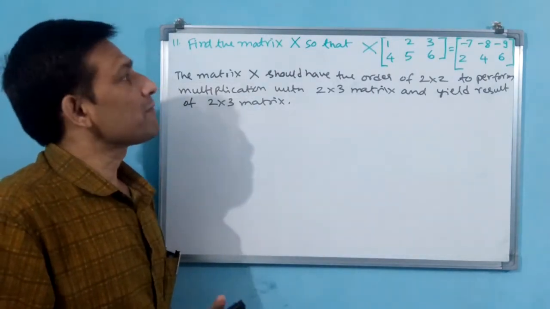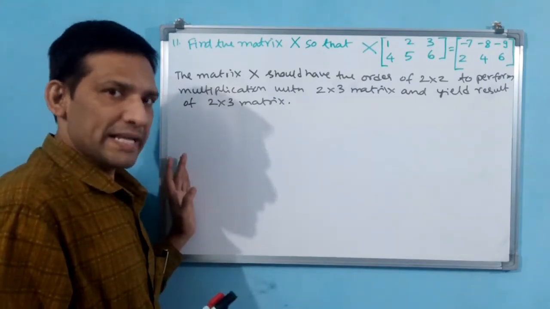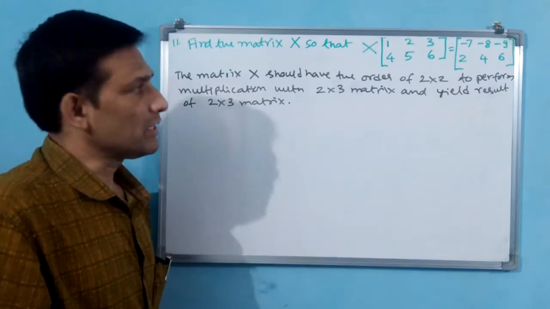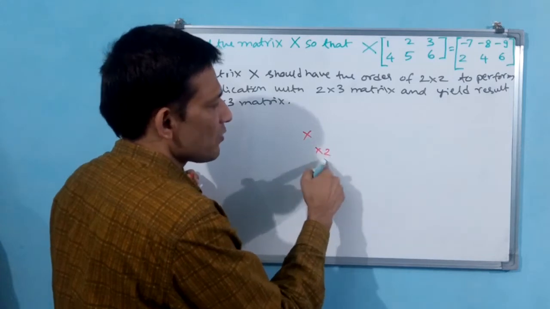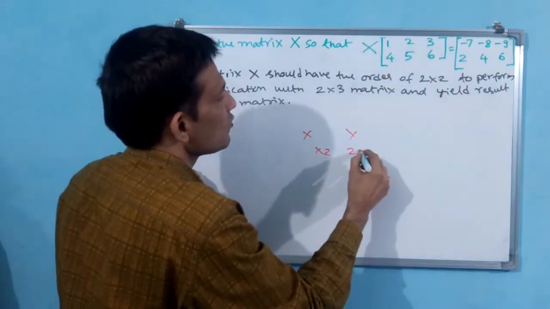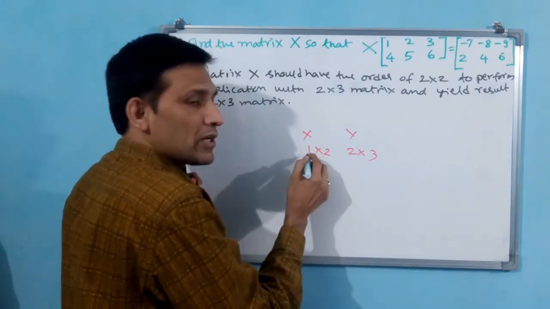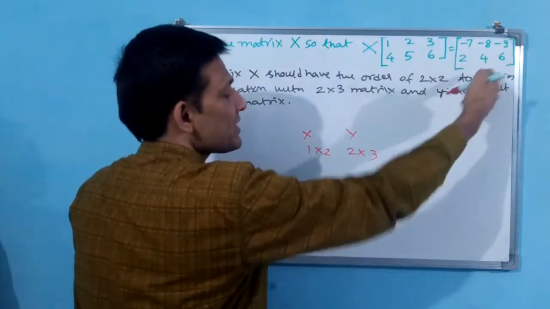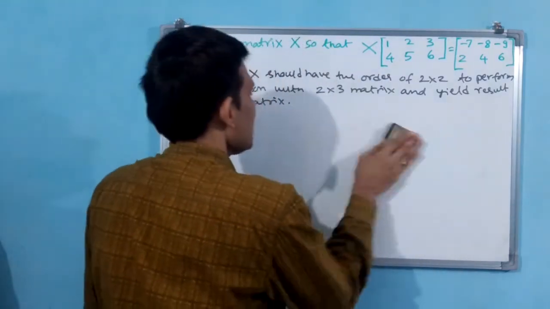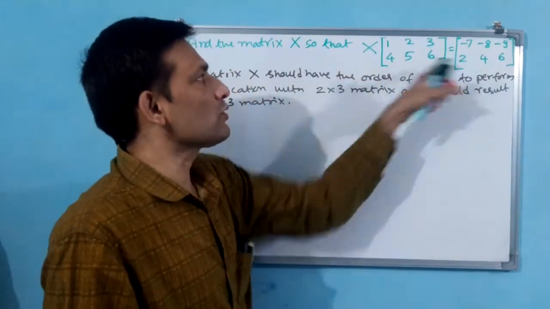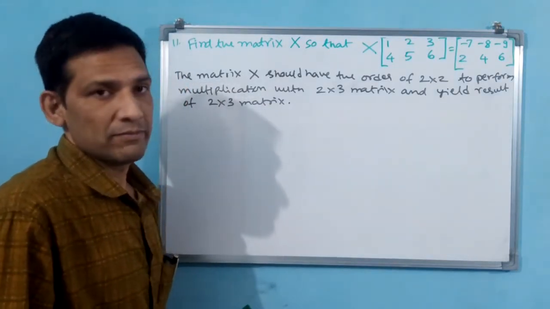See, only for calculation, columns should match, that's all, but whatever row you can take. What I mean to say here, for X you can take the order. See, here this will be row 2. Why? Because here Y, suppose Y is 2 by 3 is there, but these two matched. Here 1 also you can take, 2 also you can take, 3 also you can take, but finally 2 by 3 has to come, means here 2 you have to take. That means this matrix order depends on both matrices. These are conceptual questions. You have to understand carefully.